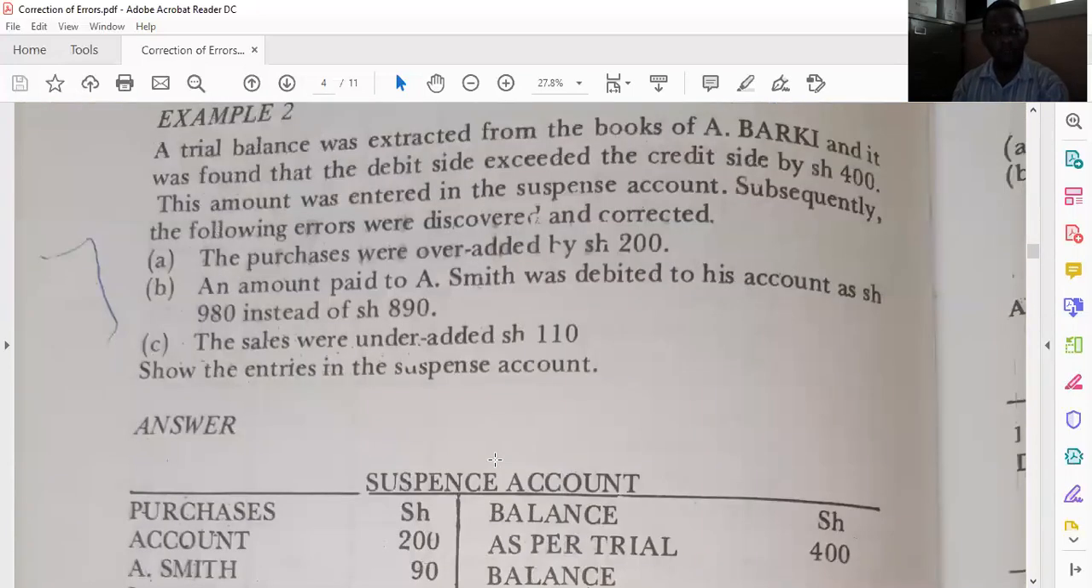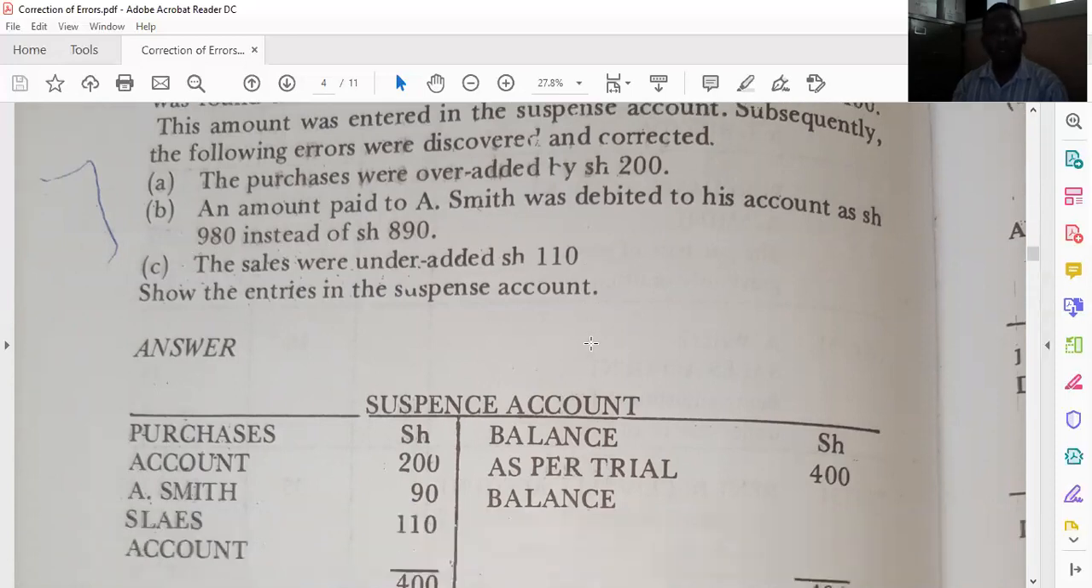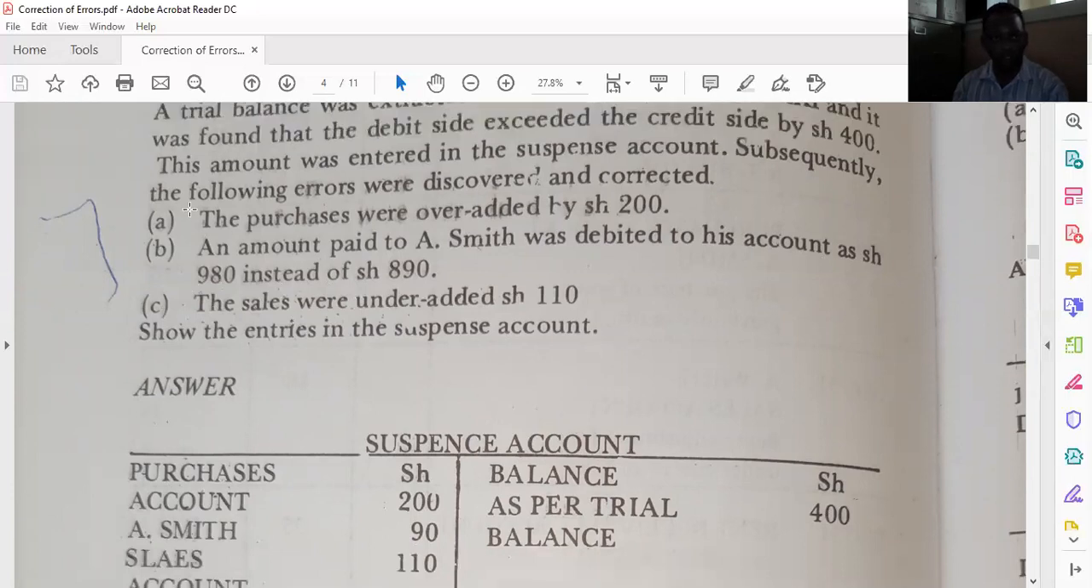So for instance, we have this example. A trial balance was extracted from the books of Barkey, and it was found that the debit side exceeded the credit side by 400 shillings. This amount was entered in the suspense account. Subsequently, the following errors were discovered. One, the purchase account was over-added by 200 shillings, and then an amount paid to Smith was debited to his account as 980 instead of 890, and the sales account was under-added by 110 shillings. So in this case,